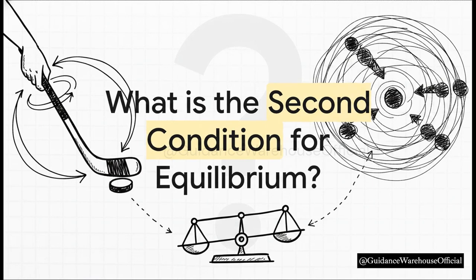Which leaves us with a pretty fascinating cliffhanger. If pushing a hockey stick at different points causes a spin, even with 0 net force, how do physicists actually solve the rotation problem? What is the missing mathematical puzzle piece that stops the spinning? And what exactly is torque? Well, that is exactly what we are going to uncover next when we explore this second condition for equilibrium. Until then, keep analyzing the